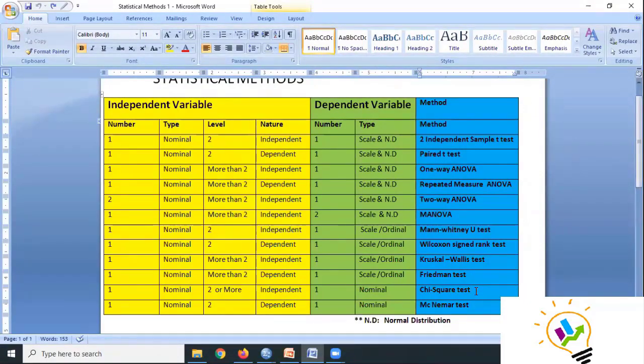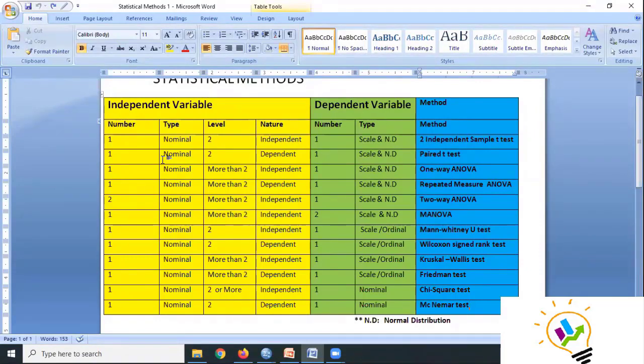Okay, sir. Right? And if there are exactly 2 levels, then you must choose McNemar test. You can understand one important thing: always the independent variable is nominal only. Only the dependent variable is changing. Right, madam? Yes, sir. Why? Because we are comparing the impact of independent towards dependent. I'm always saying, the difference between gender towards score.